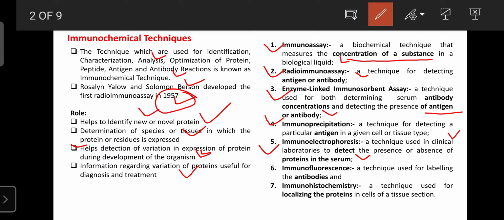So next one, that is the immunofluorescence. It is also one of the commonly used techniques that comes under the immunochemical techniques. In this technique the antibodies are labeled. Once again the antibodies are labeled with isotopes, and we monitor the antibodies present in our body, which can give an exact idea regarding the disease. This immunofluorescence technique is also used to note down the distribution of a drug. The drug can be radioliganded and monitored in the body with the help of fluorescence, by detecting the body with a scanner.